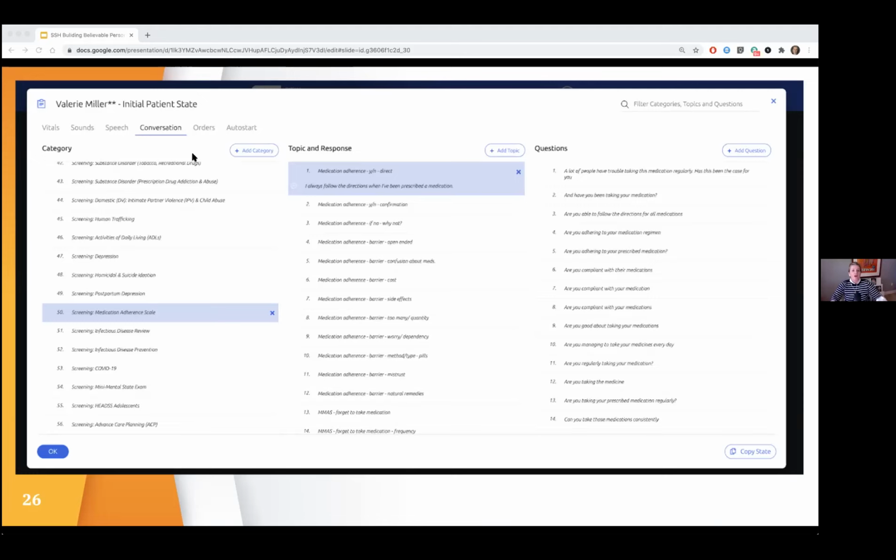Pro tip, if there is a screening that is not currently within PCS, ask your friendly neighborhood head of content, AKA me, and we can work on it together. And if that screening is in one patient, we can ensure that it's in other patients as well that you might be working on. So reach out to the PCS team for help and guidance when you need it. We are here, the content team, the advisory team, we're here to help.